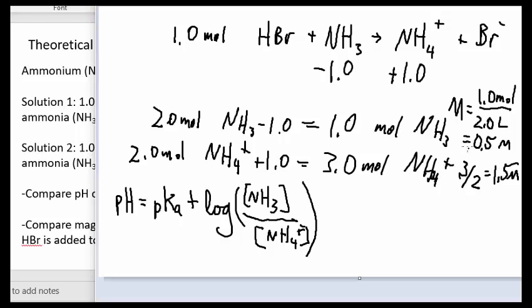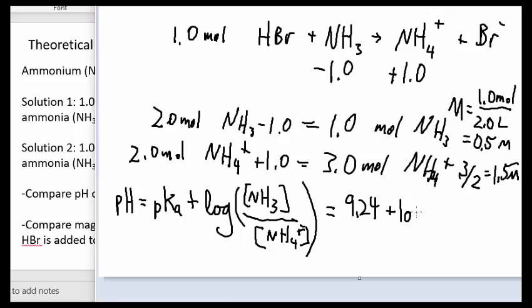If you forget to do this step, it's usually going to turn out all right, because, like I said, it's the ratio of base to acid that's important, and your ratio of moles is never going to be different than your ratio of molarity, because the volume of the solution of the base is the same as that of the acid. But anyway, I'm going to go ahead and put the pKa in here,